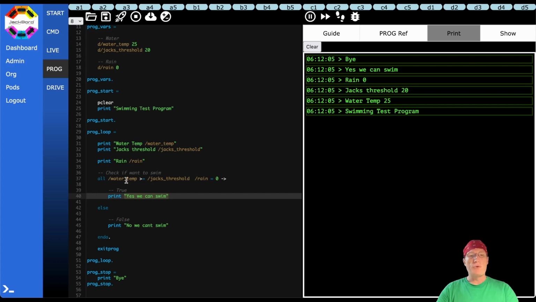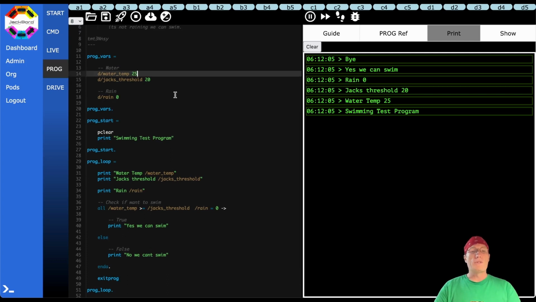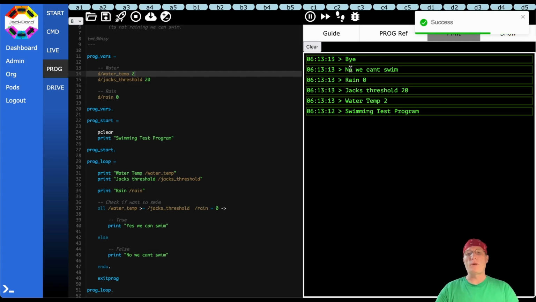If they weren't true, if any one of these wasn't true, then we would say, no, we can't swim. So let's do that. Let's make the water temperature 2 degrees, because that'll be really cold. So we run it, and sure enough, no, we can't swim. And that's because Jack's threshold is 20, and the water temperature is 2, and Jack's not getting into 2-degree water